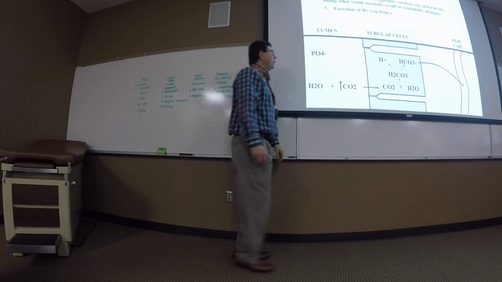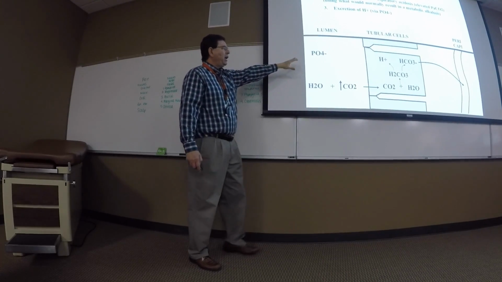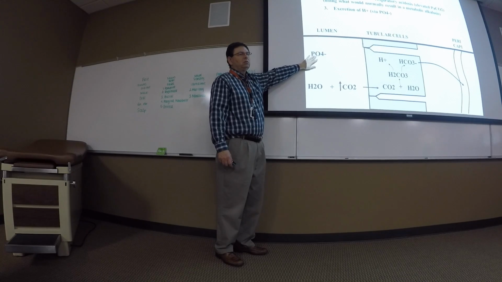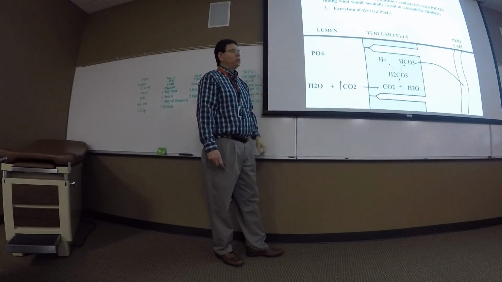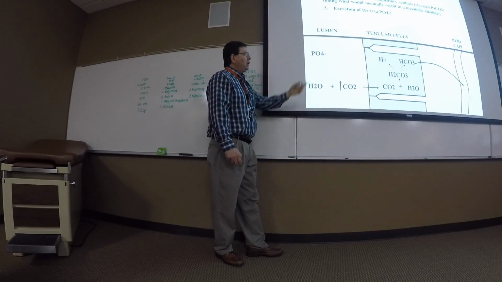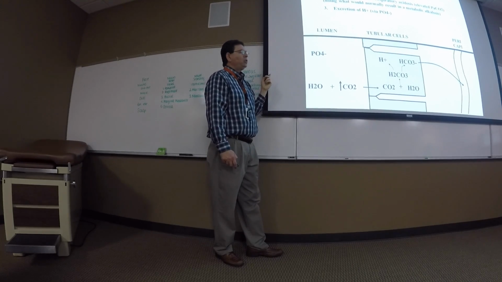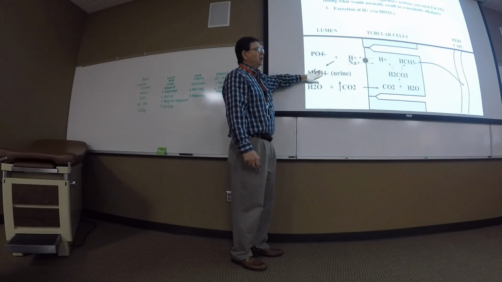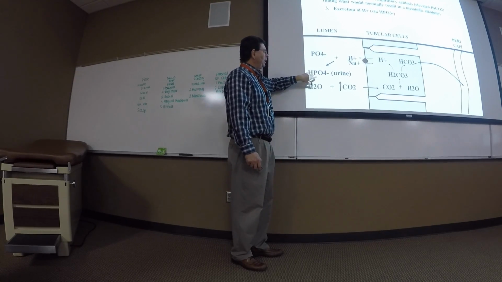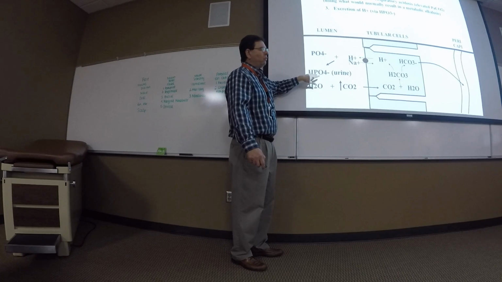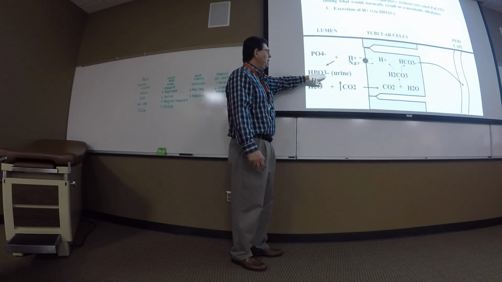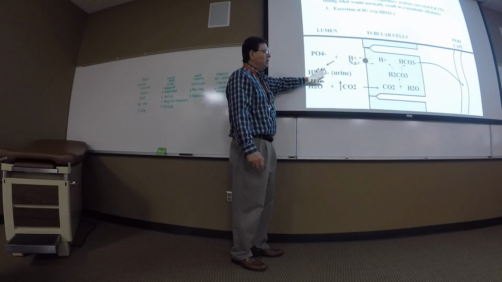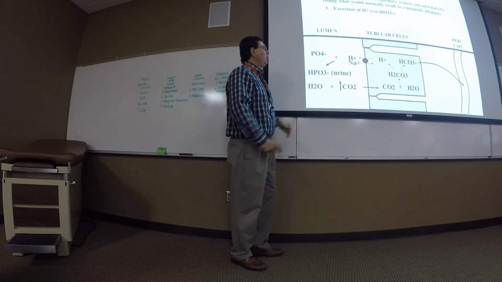Well, that's step 3. We have a lot of phosphate in our circulation. So we can have urinary excretion of a proton by complexing it with, and don't worry if it's H2PO4, this might be in different forms. You might see 4 minus, you might see a 3. Don't worry about that.